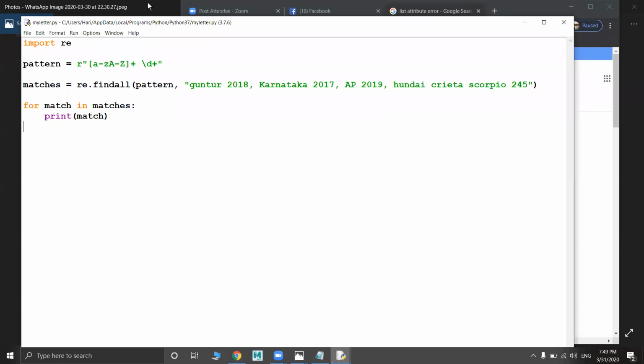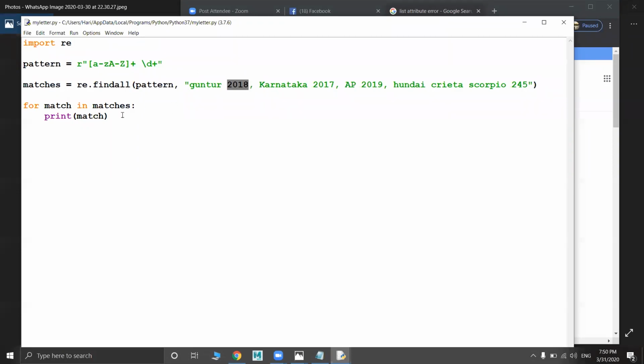What do you mean by small a to z and capital A to Z? It may be a combination of anything. I think I didn't mention it, yeah, here I mentioned the capital letter, Karnataka. Okay, fine, it can be anything. So I have first the alphabets, and then I wrote a space plus. After that I gave some space, and then I gave \d. \d is nothing but numbers. So I gave here 2018. This plus means you need to give many numbers. It can have any numbers.